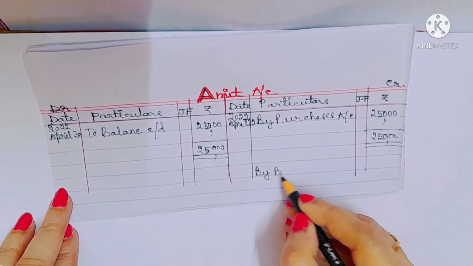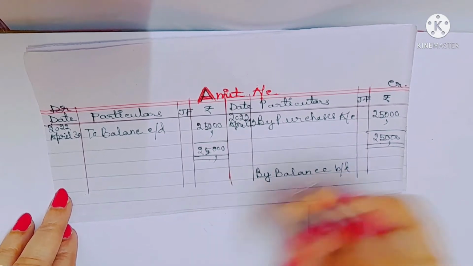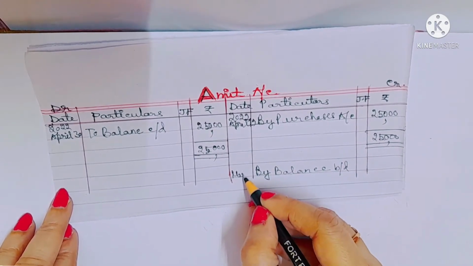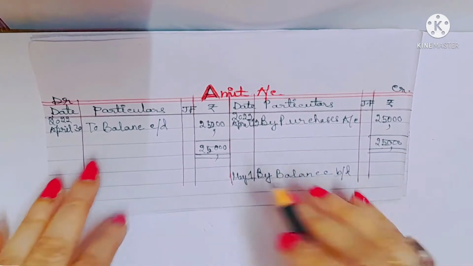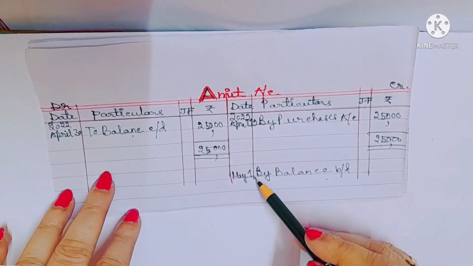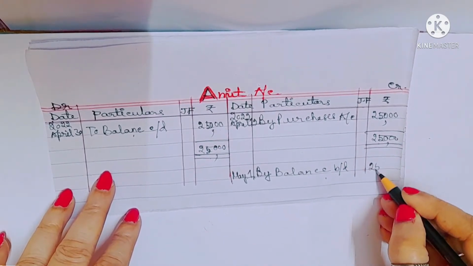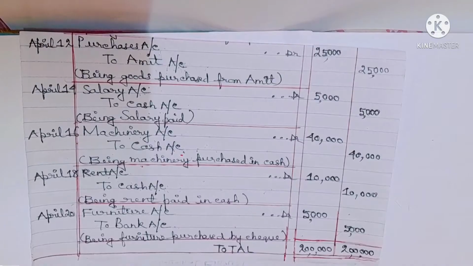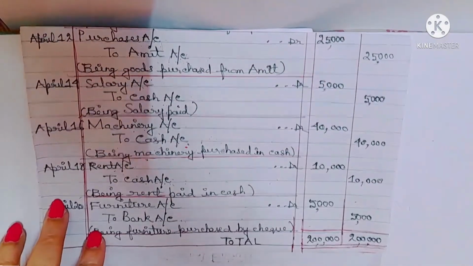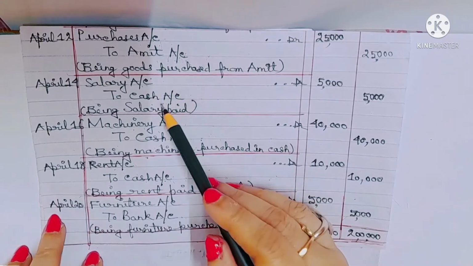Exactly the day after, May 1st. We'll have to write to balance CD 25,000 here, and on 1st May by balance BD, how much? 25,000. Understood. Which is the next account? Purchases account done, Amit account done, salary account, cash account done. So let's do